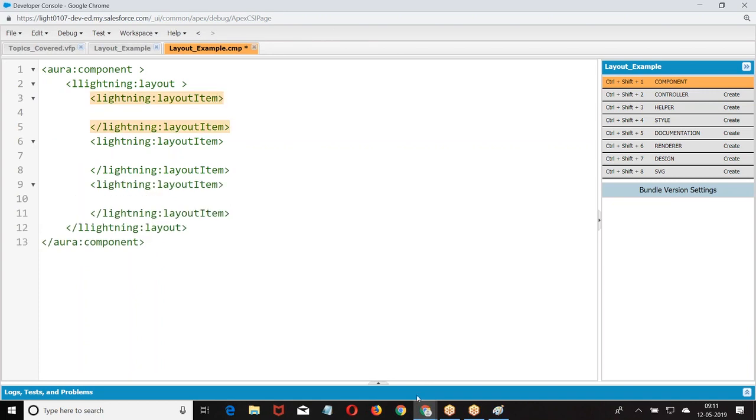So here, one important point. Observe the differences carefully.